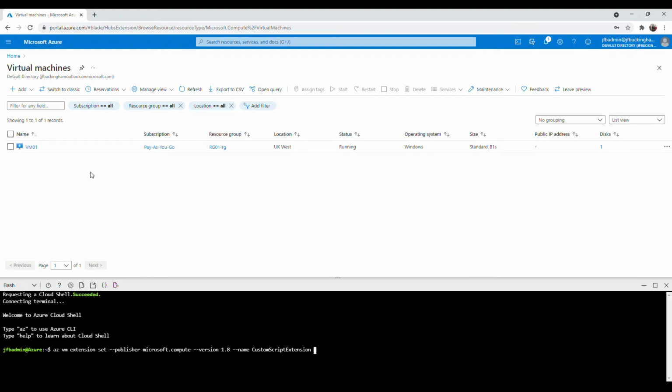Then going to declare the VM name, and that is going to be VM01. We're then going to declare the resource group, and that's going to be RG01-RG, and then we are going to put the settings in,